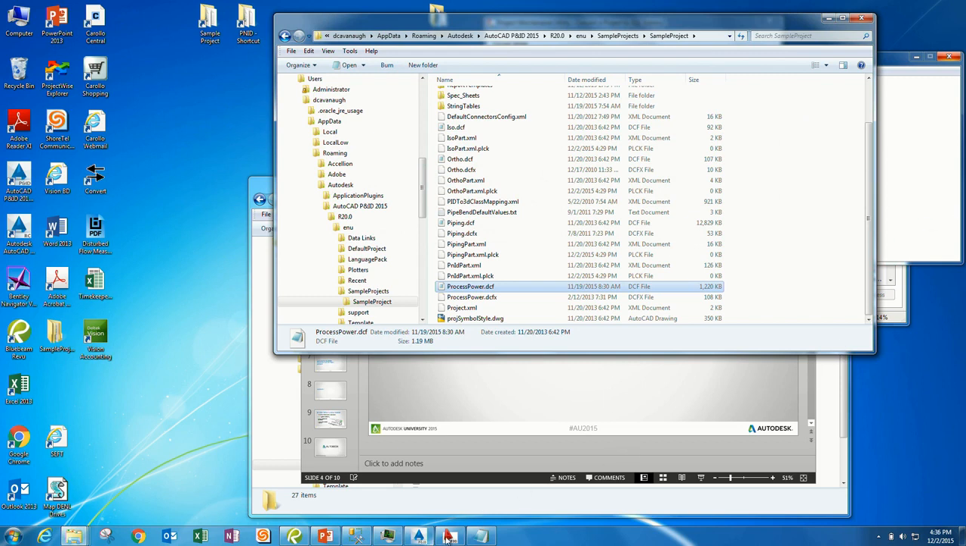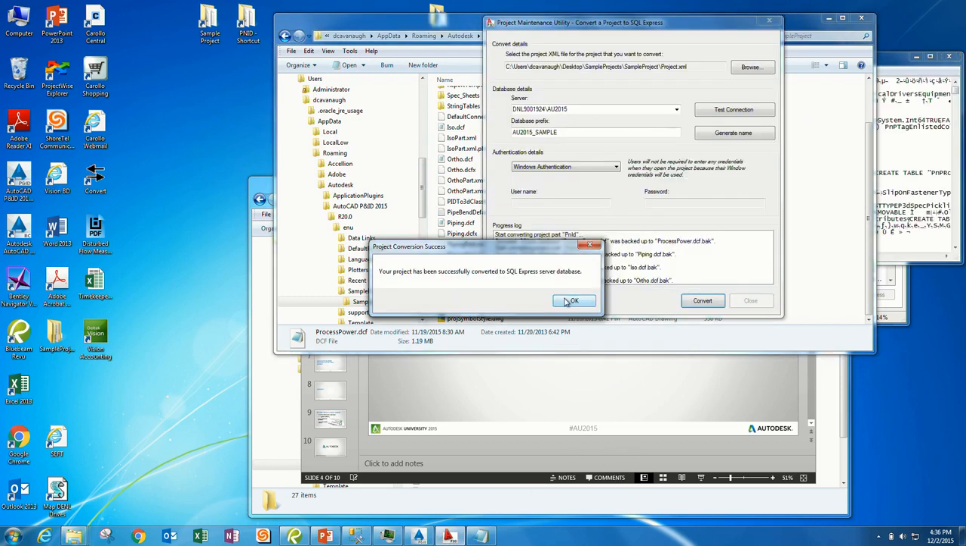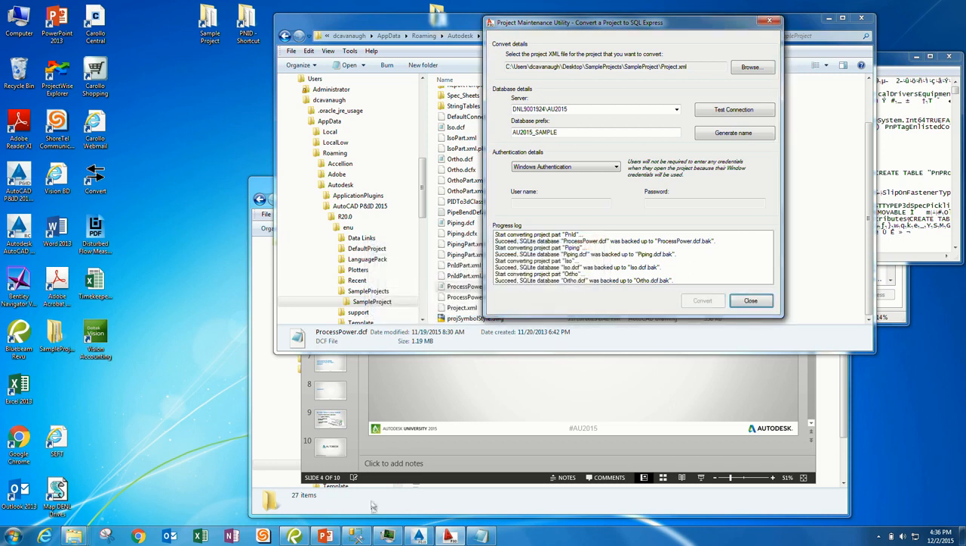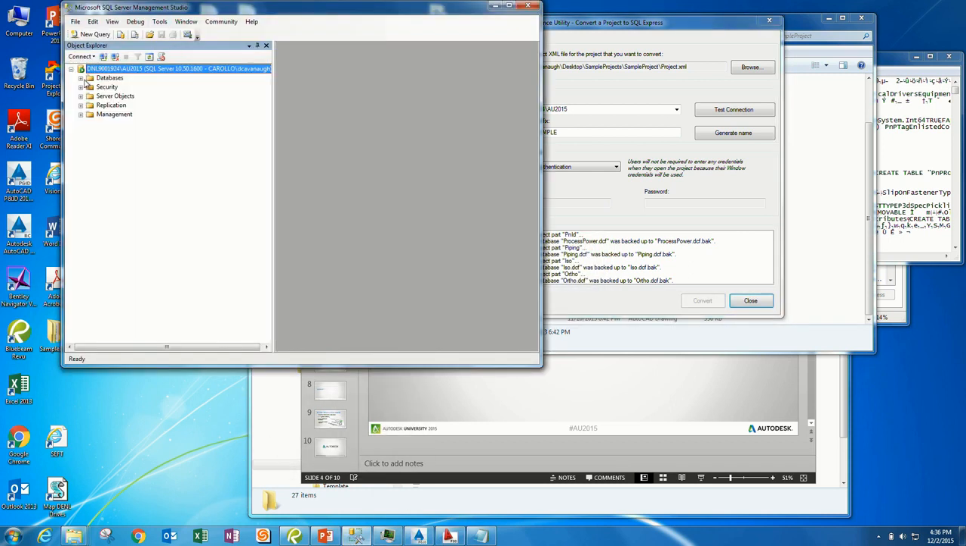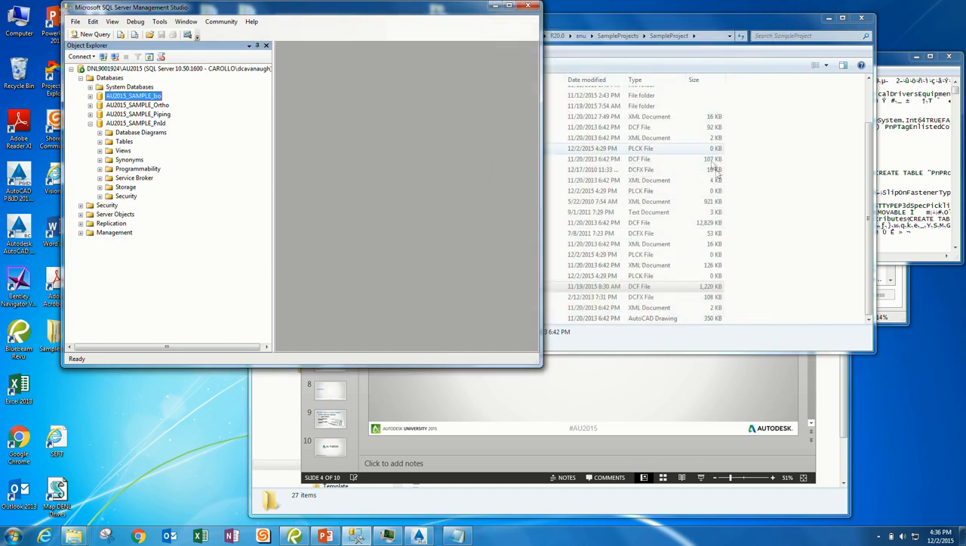Let's see how our little utility is doing. All right. I've successfully converted to a SQL Express. So I'm going to just hop into SQL Server Management Studio, and you can see that what I just created is now in SQL and much better than SQLite. So now that we have that on there, we can explore the other 2